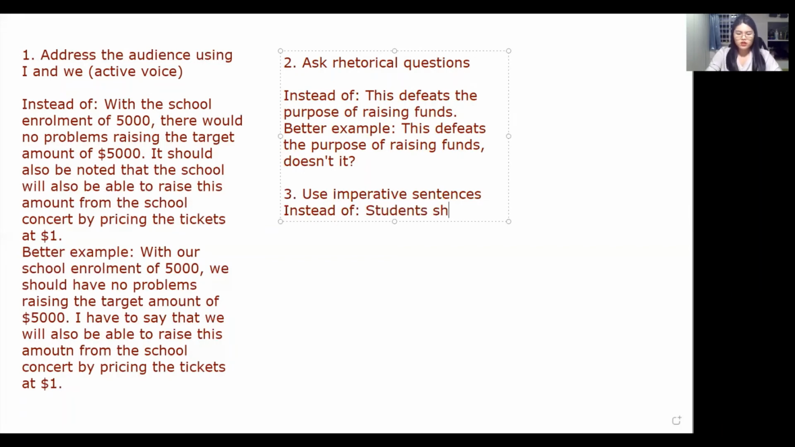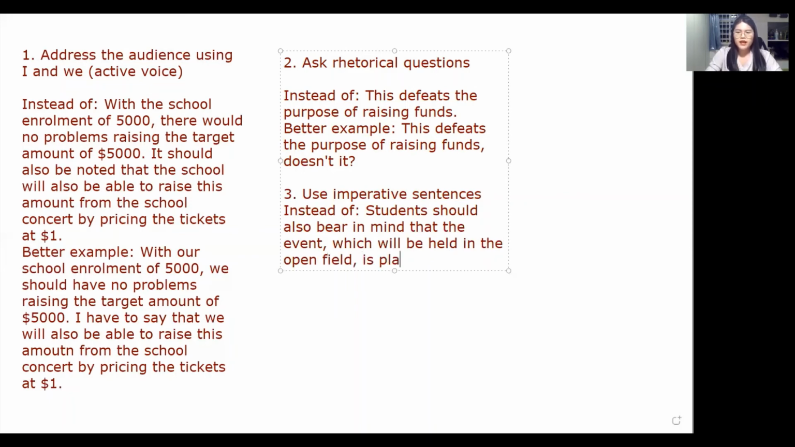So instead of writing, students should also bear in mind that the event which will be held in the open field is planned immediately after the examinations. So instead of saying this, we can say,